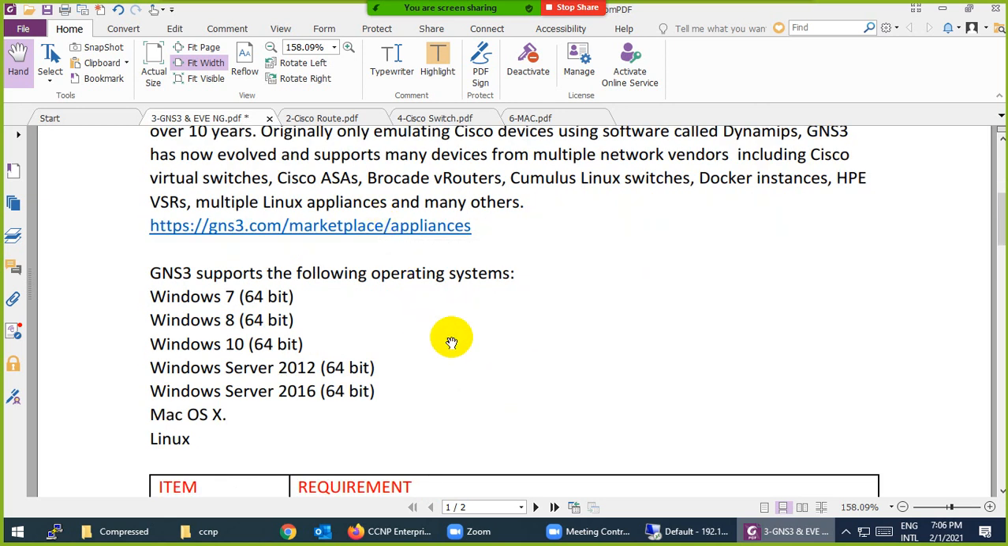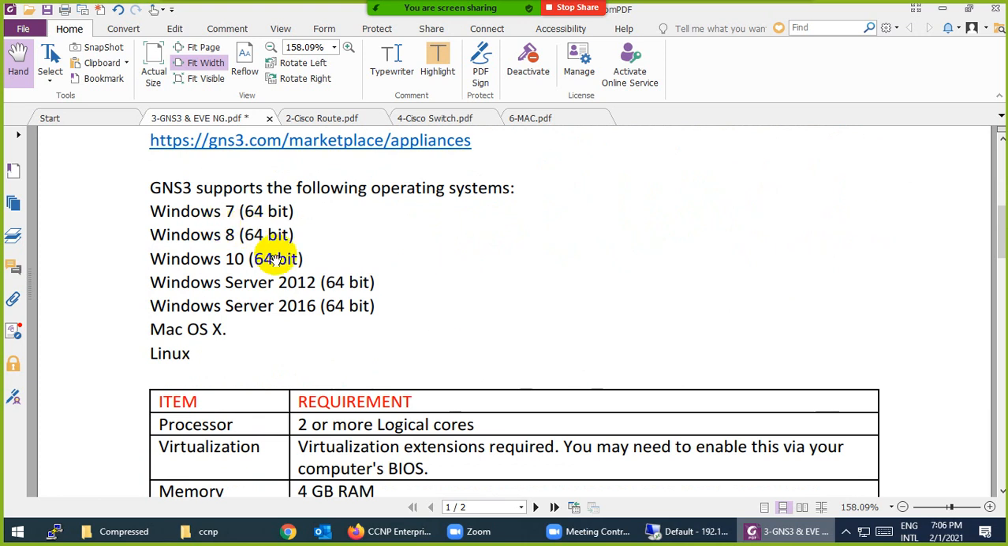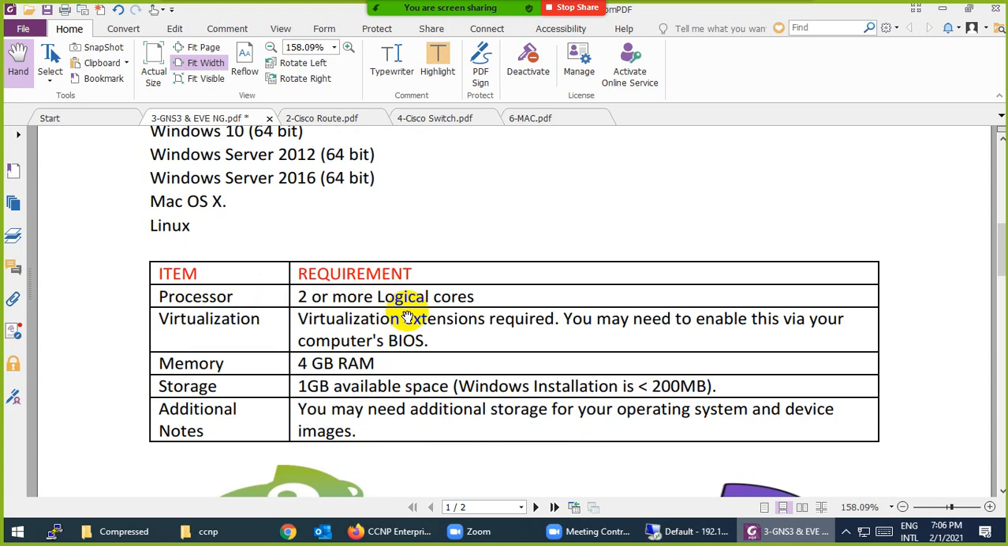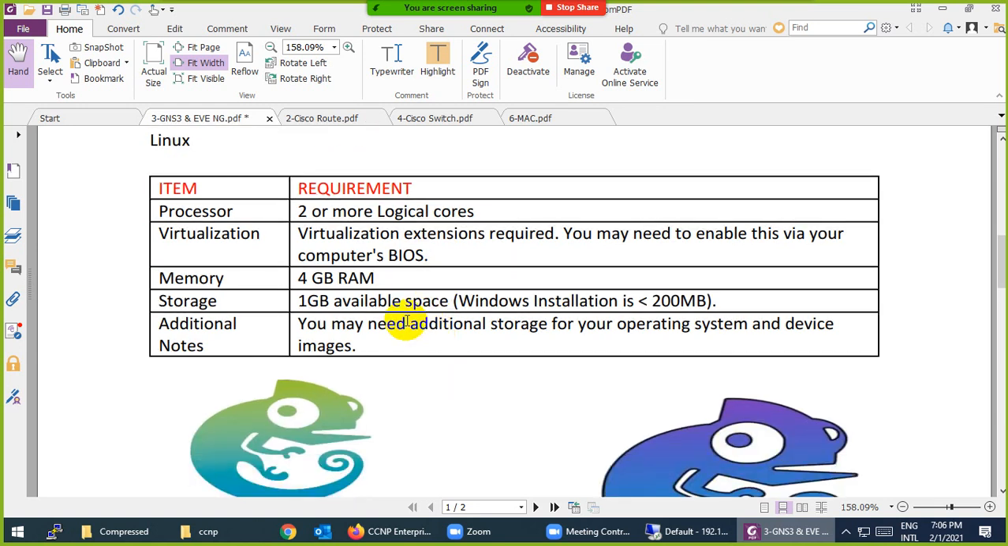You can download it from here. If you want to install it, you need Windows 7, 8, 10 or any Windows Server. Linux and Mac are also supported. At least you need a two logical core processor, and virtualization has to be enabled in your BIOS. If you don't know, you can go to your BIOS, basic input output system, and enable it. Every laptop and every system has a different key to press to go to BIOS to enable virtualization. A minimum of 4 GB RAM is required to run GNS3,